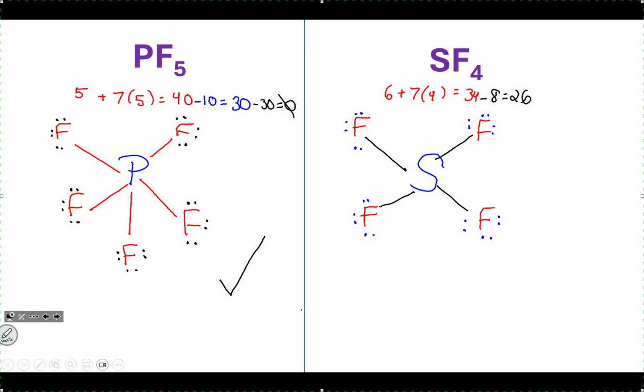We used 6 times 4 is 24, so we subtract that, 24, and look at this, we have 2 left. And those remaining 2 valence electrons go on the center atom. Minus 2 is 0. Now each fluorine sees 8 around it, sulfur sees 10 around it, but that's okay because it can expand its octet, and this is a valid Lewis